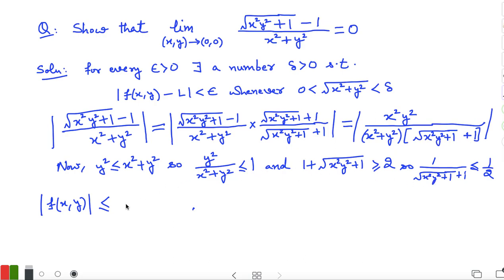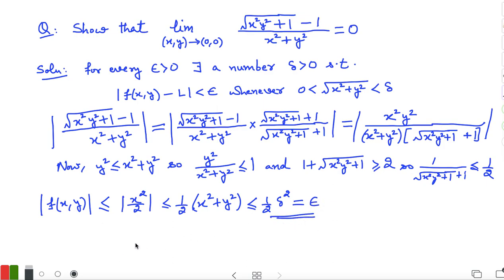So the quantity reduces to x squared by 2, which can be written as less than or equal to half of (x squared plus y squared) for any (x, y). This is also true, and suppose x squared plus y squared is less than delta squared, so this can be written as less than or equal to half of delta squared, and if we choose this to be epsilon, then immediately